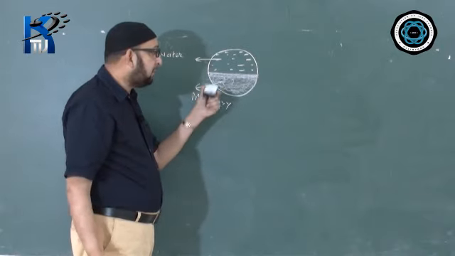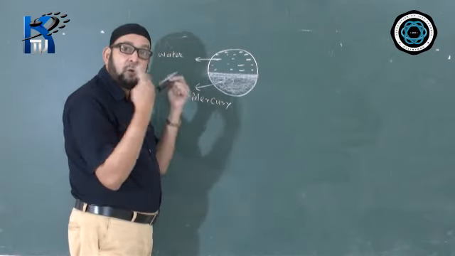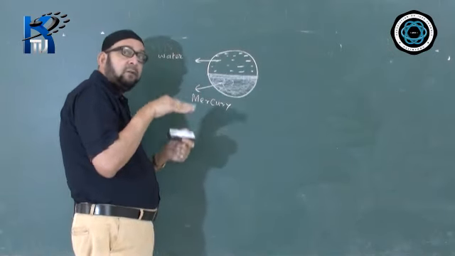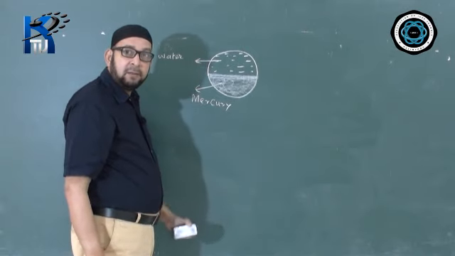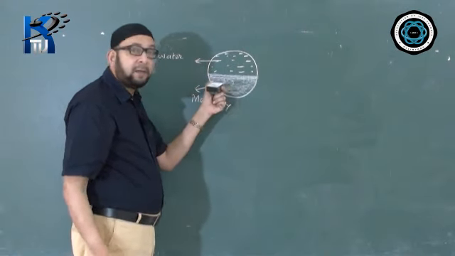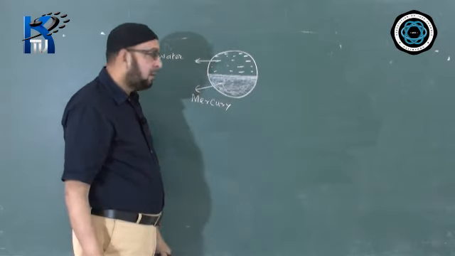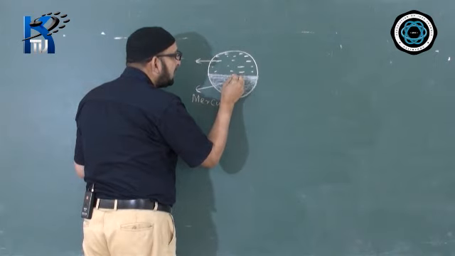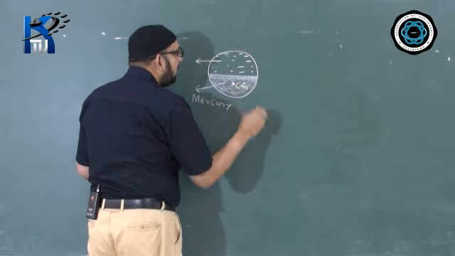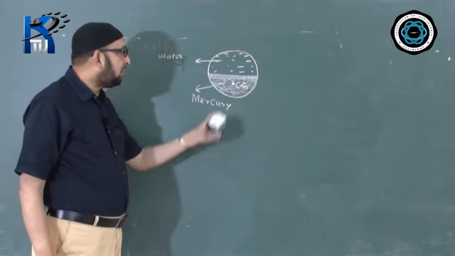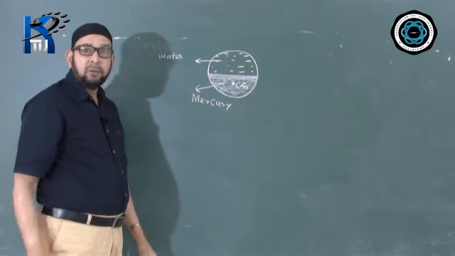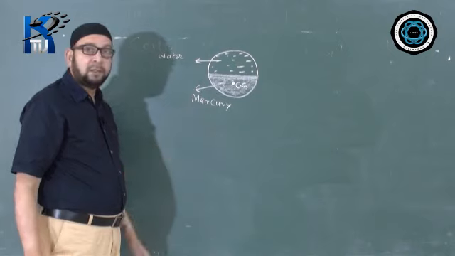We know the fact that when the weight is more or when the force is more, the distance should be less. That means center of gravity will be shifted towards that side, towards the denser side, where the particles are more dense, more concentrated. So in this case, the CG will be somewhere below the center of the sphere. That means somewhere in the mercury side. It will be somewhere here, inside the mercury, at the junction of the two liquids, towards the mercury side.